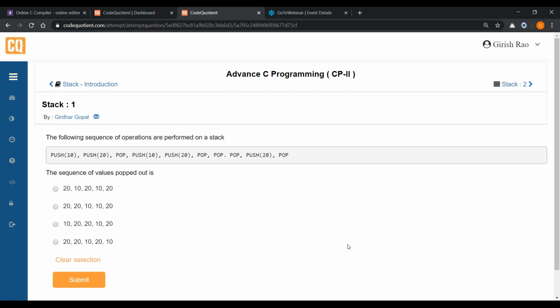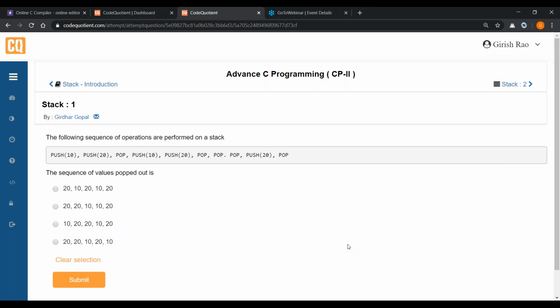Okay. So now what should happen? I'm pushing how many values? I'm pushing 10 and 20. So in my stack now, I have the original 10, and this 10 and 20 are being pushed. Now we have three consecutive pops. So what should happen? It should remove these three elements the other way around. That is 20, 10 and 10.